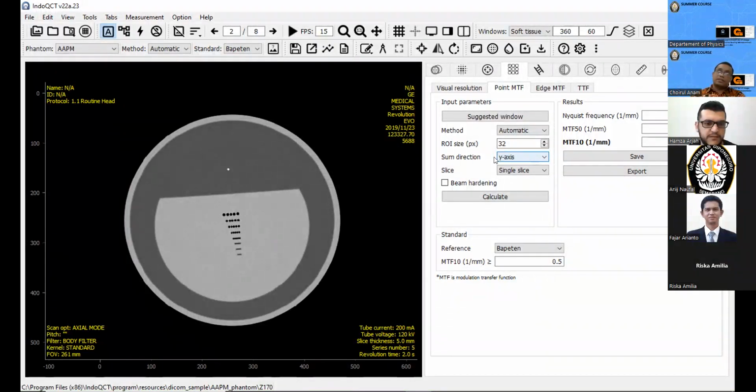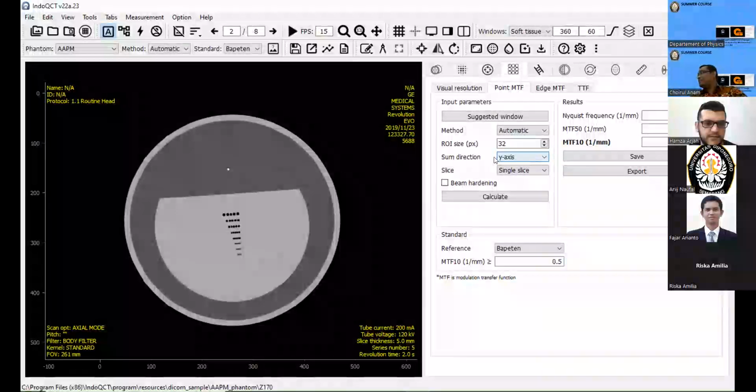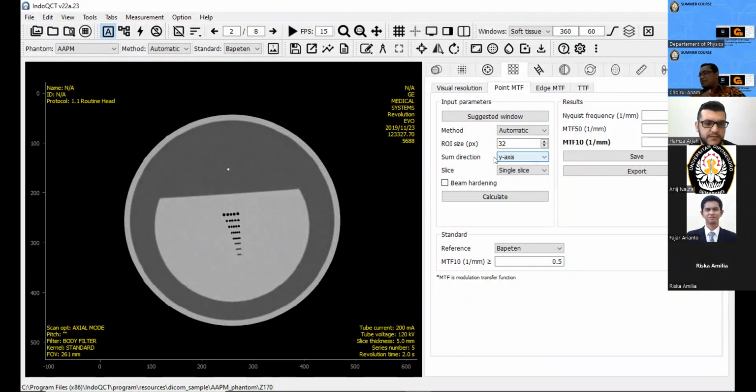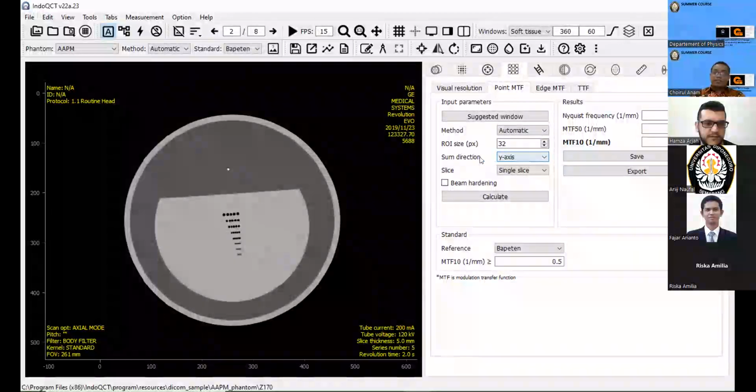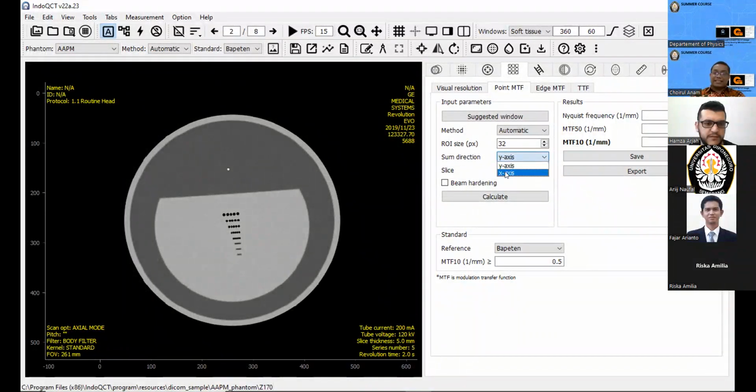we will see the azimuthal spatial resolution. But if we choose the sum direction in the x-axis, then we will see the radial spatial resolution.